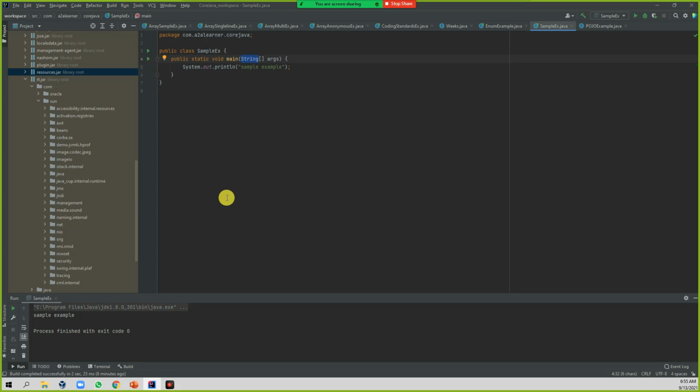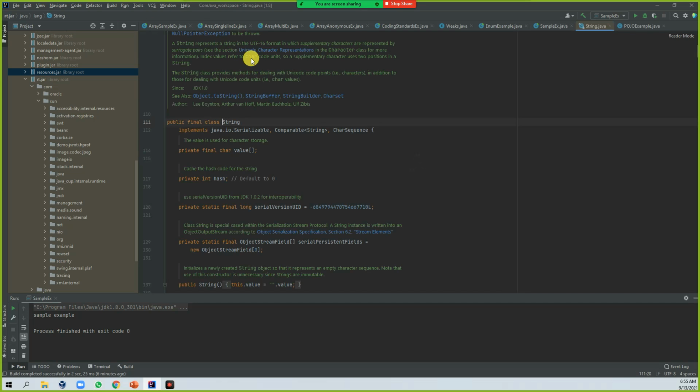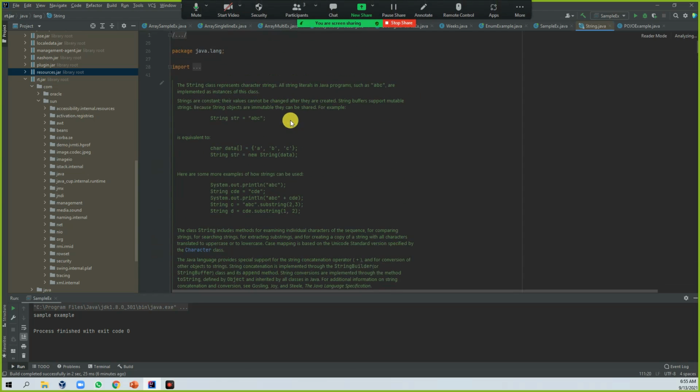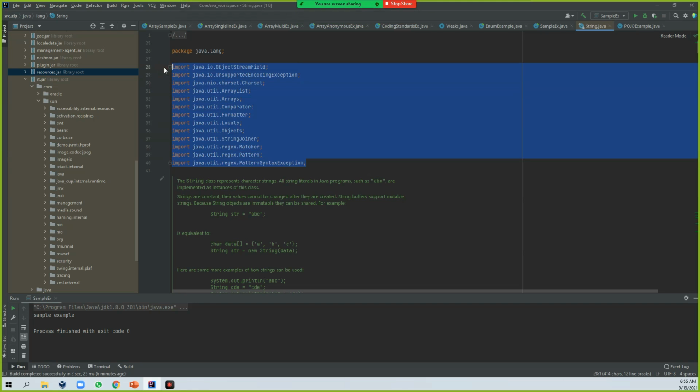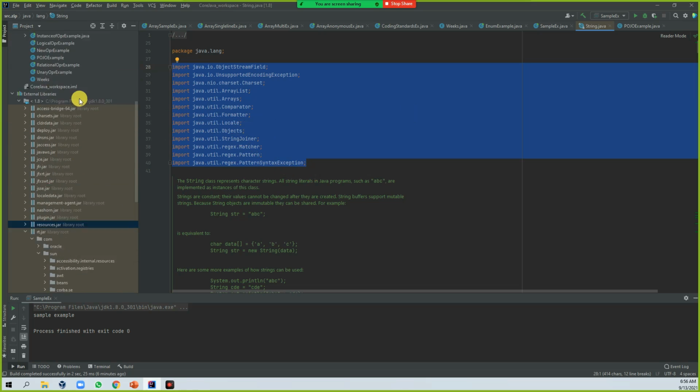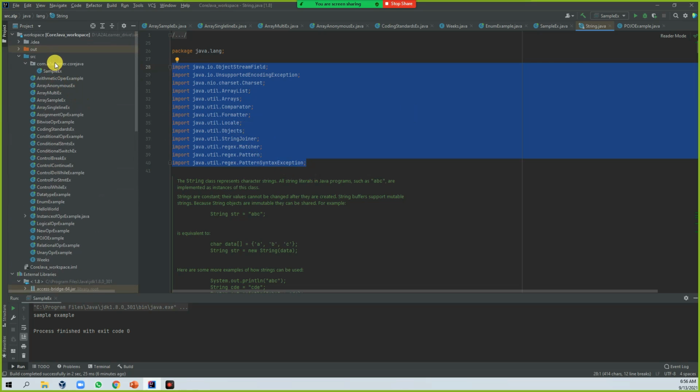So this include and import, if you see here, I'm showing an existing one. See, these are all import related. This particular string class requires this much information from other external classes. So when you want to use it, you can simply import it, then start using. I'm going to write one sample example for that to understand better.